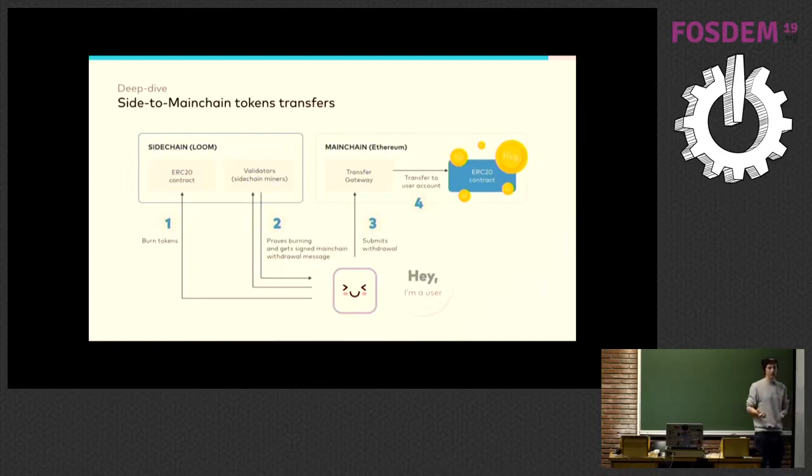Because probably you know about Plasma, Plasma Cash, or Plasma Prime, or all these very advanced research projects that have the purpose of moving assets from the main chain to the side chain and then back to the main chain. And it's all very complex because you gotta make sure that when a user actually trusts the sidechain owner to move an asset from the main chain to the sidechain, it won't disappear in the sidechain, making it unusable on the main chain. So there's really a risk for users when they transfer assets to a sidechain that they lose their assets. So that's why Plasma has been built, and it's actually